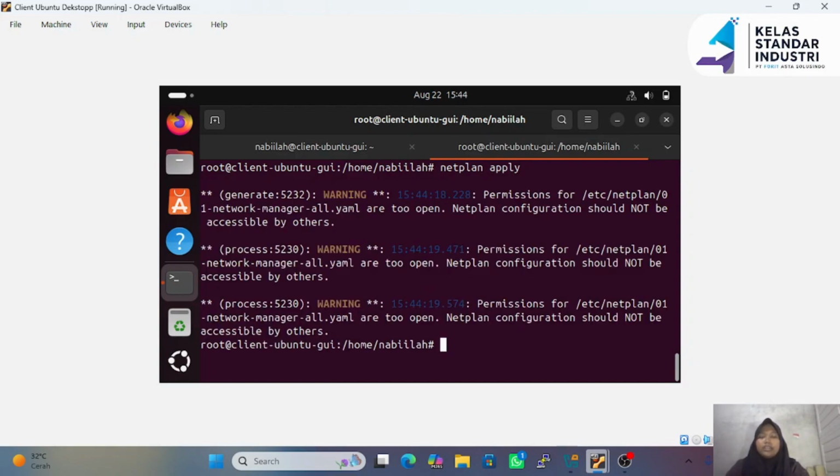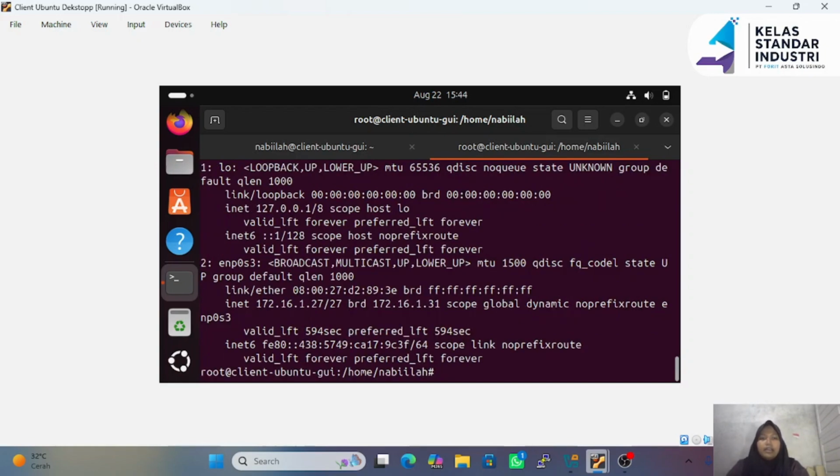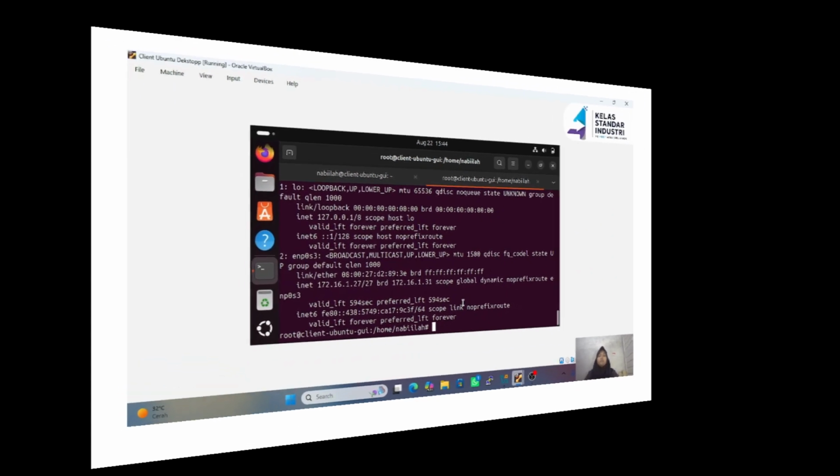Okay, then check the IP address using ip a. As you can see, we have now received the IP address that we want, which is 172.16.1.27. However, the IP address is still shown as dynamic, and that's the purpose of the fixed address configuration.